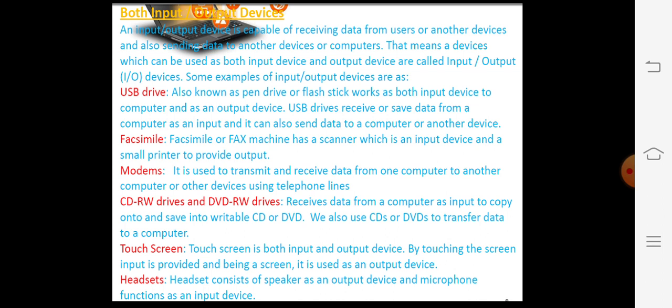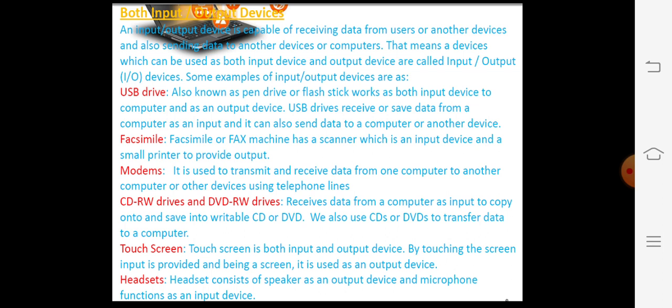Then the modem is used for receiving and sending information in a network. Then the CD drive receives data from the computer, and we can also use it for monitoring what is in the data. Then the touch screen is also used to give instructions, and we can also see the output of the instructions we are giving.